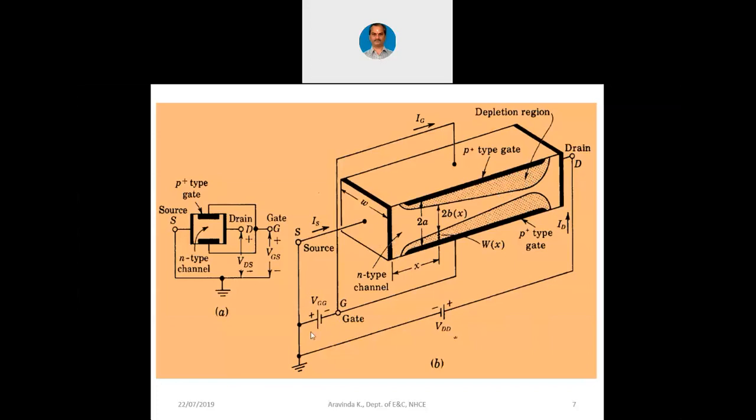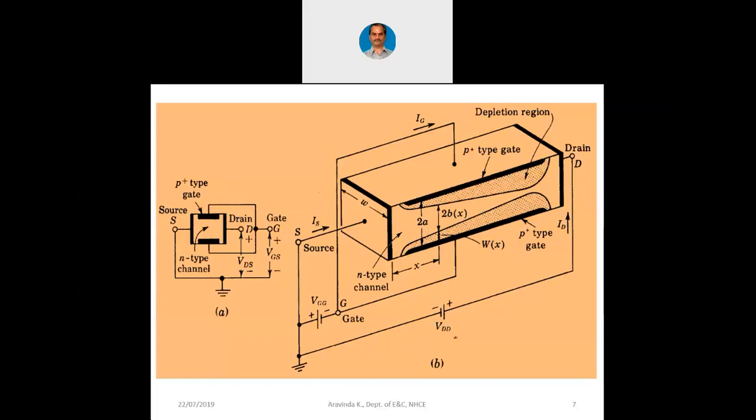As of now, we need not worry much about this gate voltage. Regarding this gate voltage, I will tell you later. As I already told you, as soon as we connect the power supply between drain and source, the switch is going to conduct, because it is a single N-type material and there will be a flow of current.